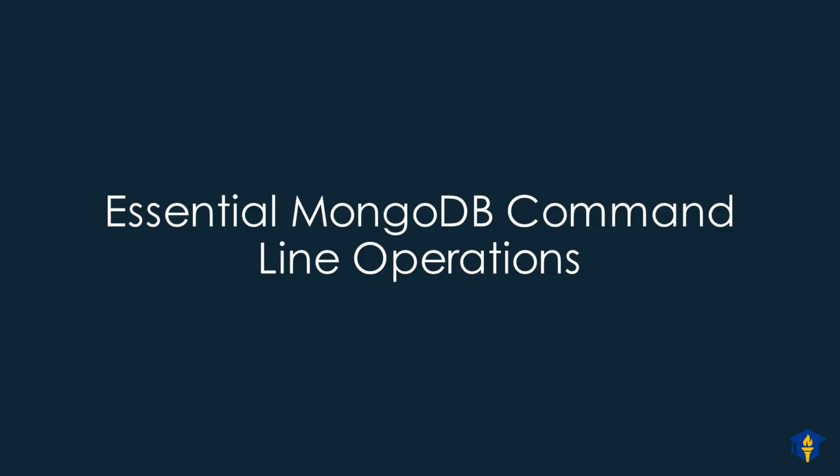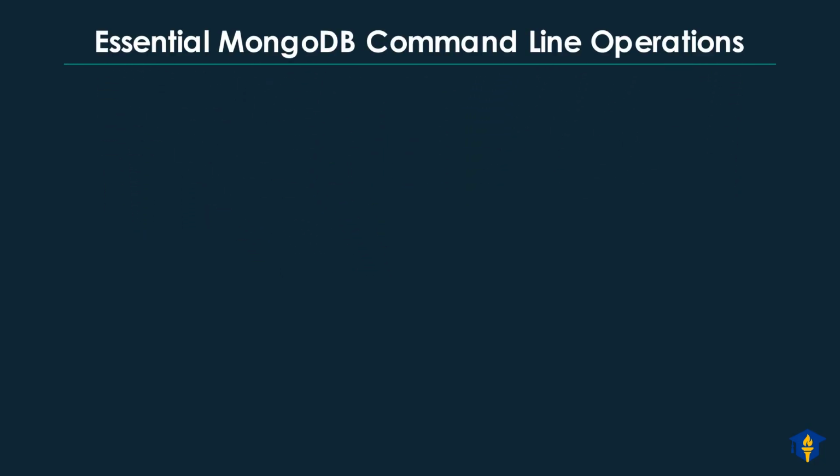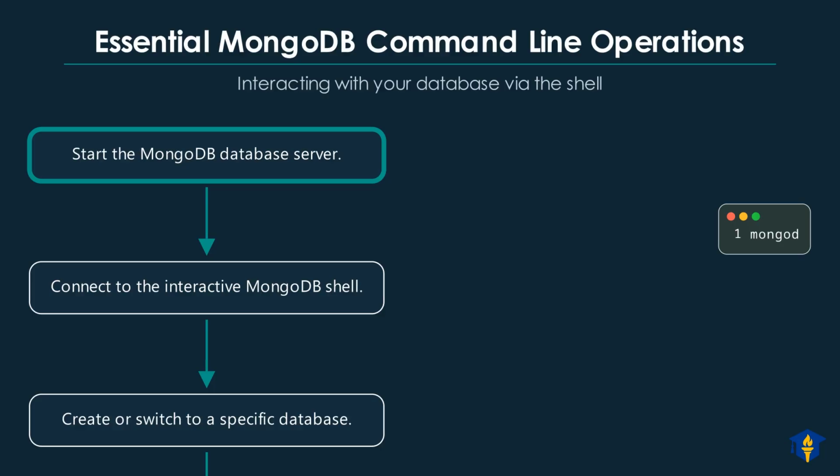Now, let's explore essential MongoDB command line operations, allowing you to interact with your database directly. These commands provide a powerful way to manage and query your MongoDB data using the interactive shell. To begin, you need to start the MongoDB database server, which runs in the background. You achieve this by simply typing the command